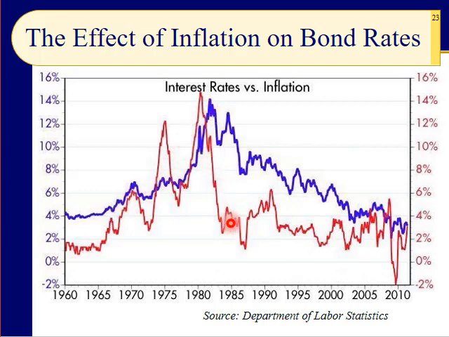Then we talked about the Federal Reserve Bank breaking the back of inflation in the early 80s, causing the worst recession since the Great Depression, 1982. And we see that the inflation rate just plummeted. And as we see the inflation rate going down, we see the bond rates going down until 2008 and 9,